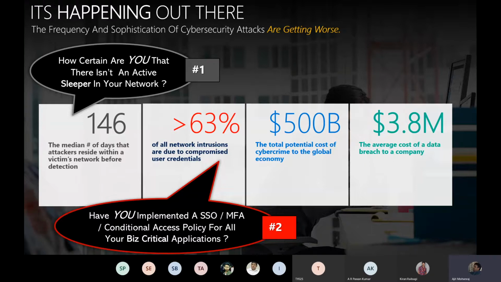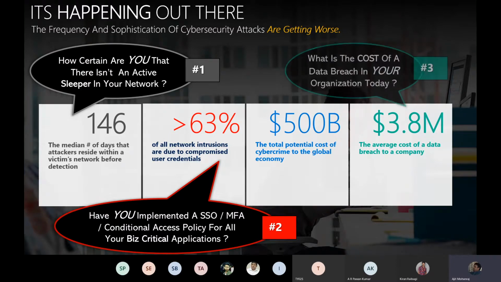Where are you coming from? Which device are you using? Have your credentials been hacked, etc.? Depending on your risk score at that time, exactly when you're logging in, is when I want to take some decisions. So have you implemented something like that? You should, because I'm going to come back to the 63% number later, and it's going to be relevant to all of us. Of course, they talk about the potential cost of cybercrime, etc.